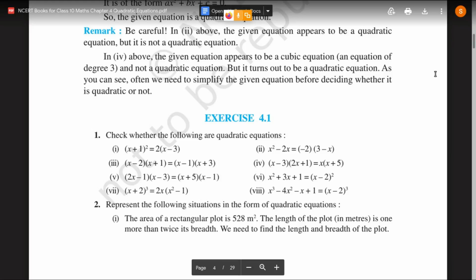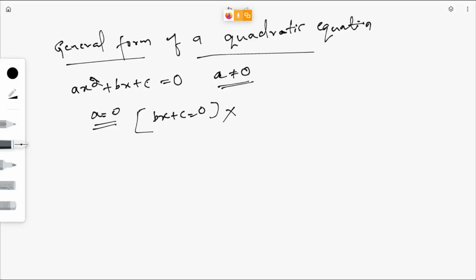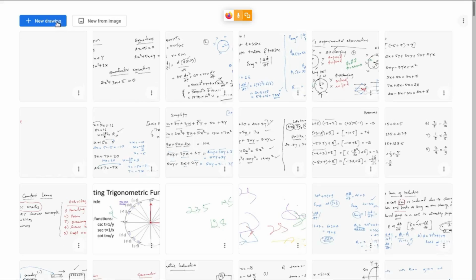See here. So how to solve these? Simple, first equation. You need to just expand them using some identity, right? So the solution for the first one. If you know how to solve this one, please try. Expand this one. Check whether the first one is a quadratic equation or not.